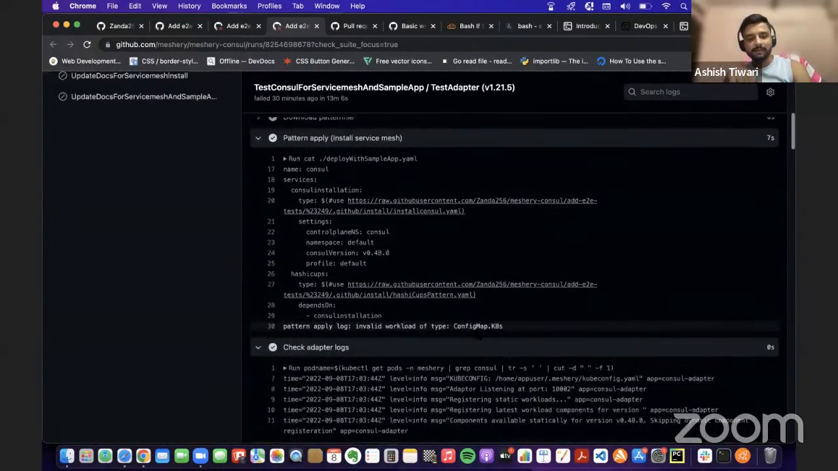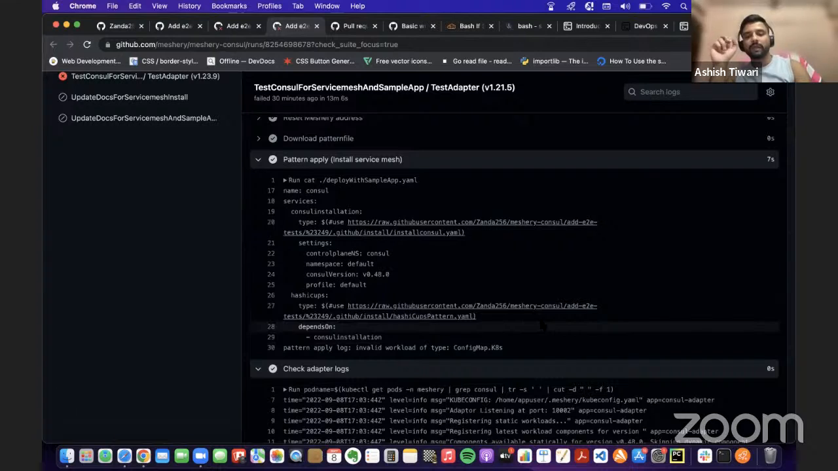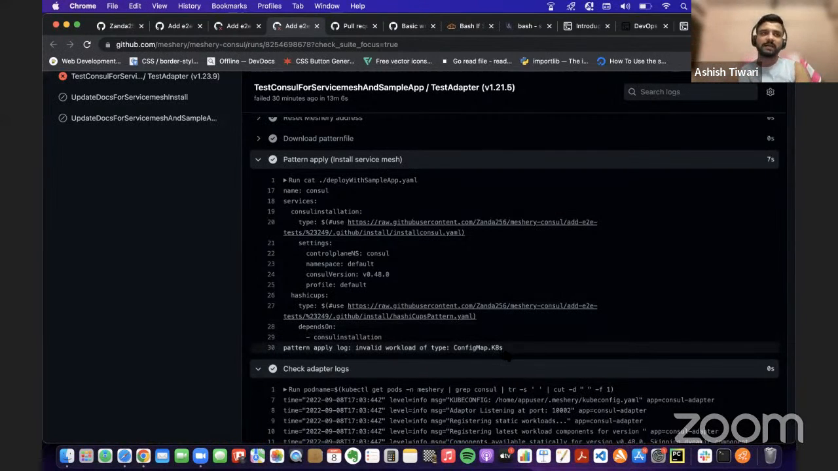The log says invalid workload of type config map.k8s. It doesn't recognize the config map from Kubernetes, which is indicative of the fact that it doesn't understand Kubernetes, which it should. What happens is that the first time a request reaches the user through Meshery server, it goes through a middleware, a Kubernetes middleware, which actually has the job, or because we don't have a separate